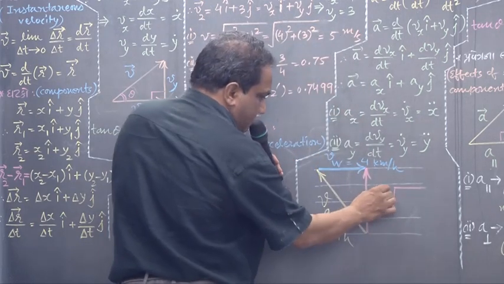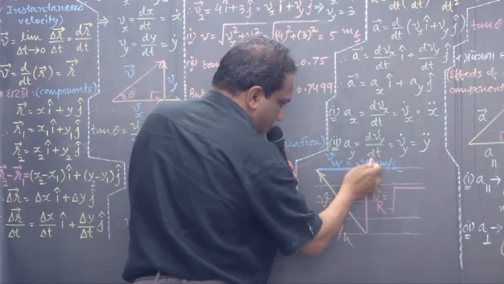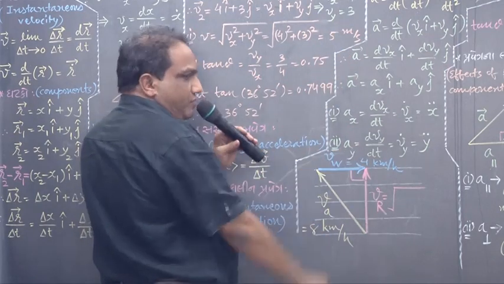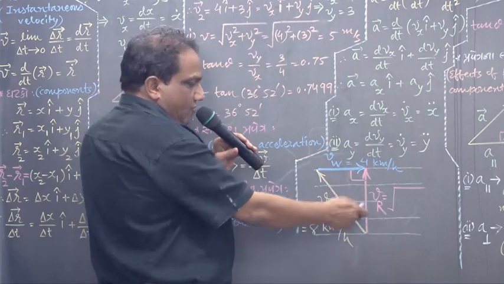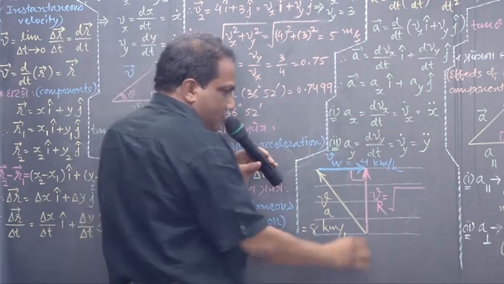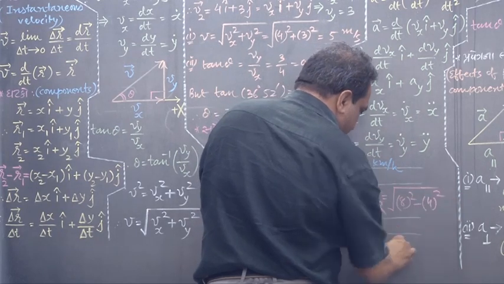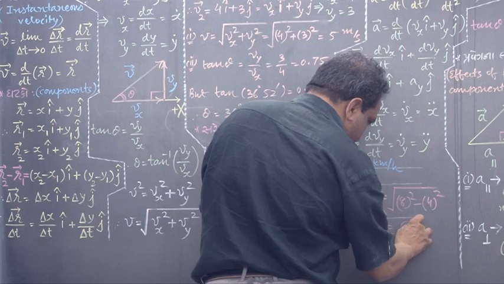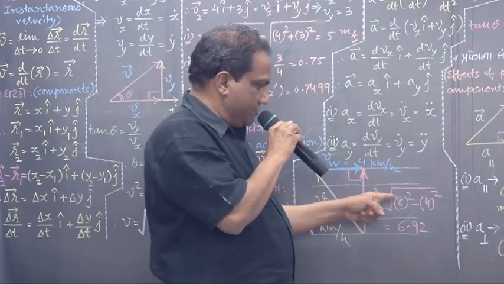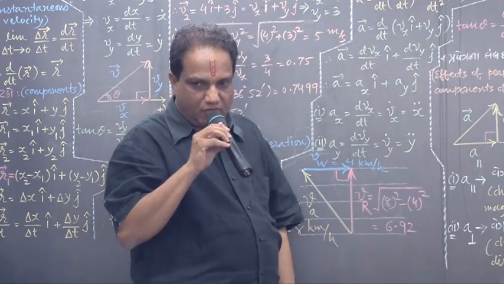Come on, VR will be how much? This is a right angle here. This side will be the square root of this minus the square of this, since this is the hypotenuse. So I am writing here 8 square minus 4 square. It comes out to be 6.92. How much? Under root of 48, find out. This is 64, this is 16. 64 minus 16 is 48, it's under root. 6.92.